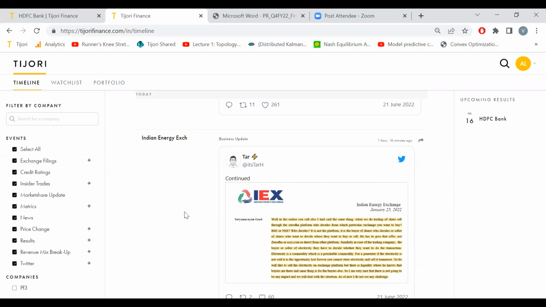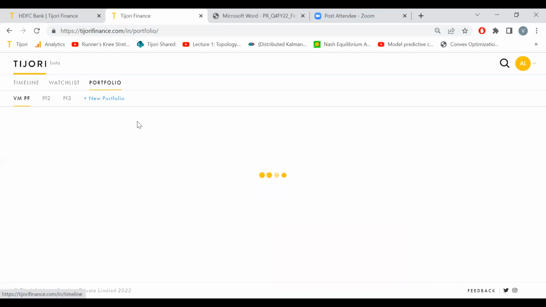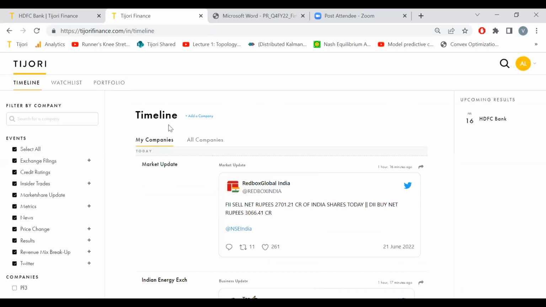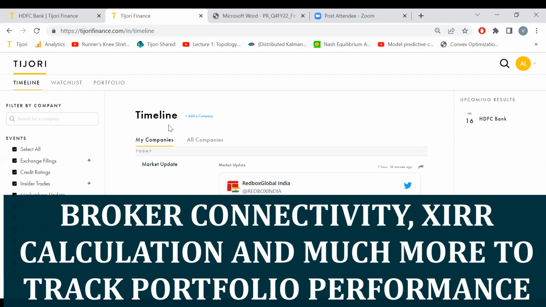Great. I am also yet to explore in detail timeline, watchlist, portfolio. In fact, timeline, because we interacted multiple times, now I'm totally aware, but watchlist and portfolio look very exciting. Yeah. So what you should do, Saurabh, is go to portfolio, and just to do a low effort thing to start, just connect your broker. It'll take maybe 2 clicks. You can connect your broker in. We'll pull all the data and you'll get a timeline based on your portfolio companies also within maybe a second.